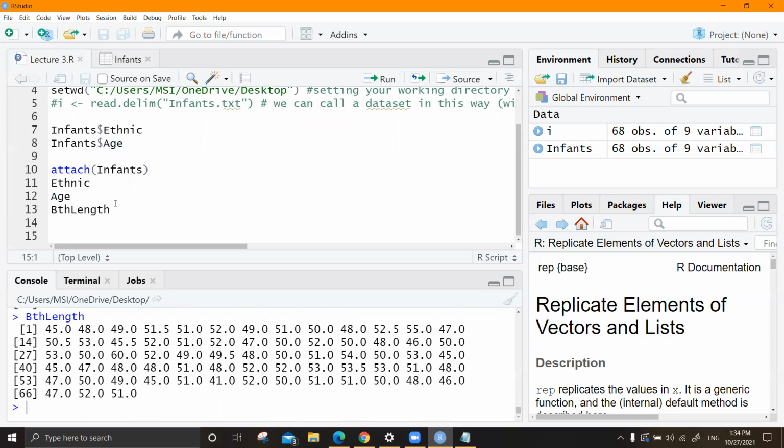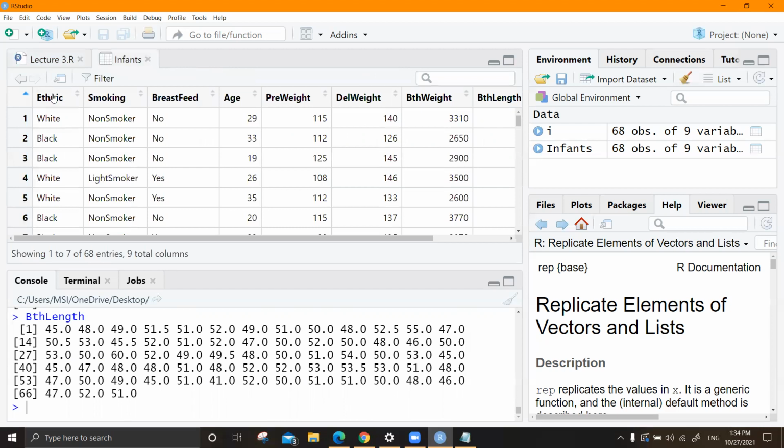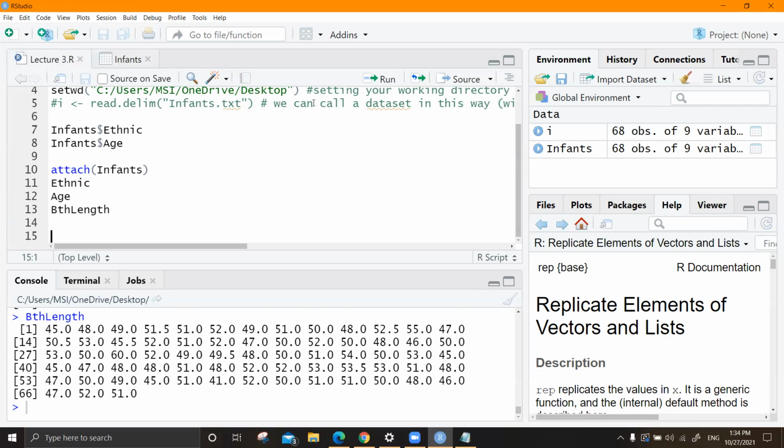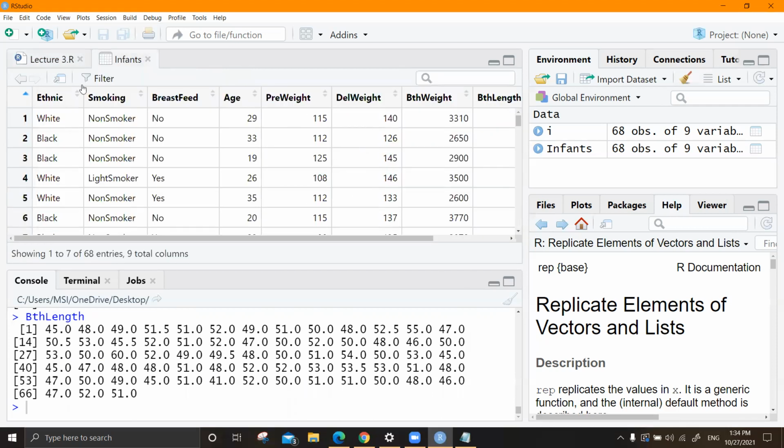But when you're dealing with multiple data files together, be careful to give unique names for these attachments. Sometimes when you attach the infant file, you have the variable ethnic there. Assume you uploaded another data set to this script, and that file also has the variable name ethnic.